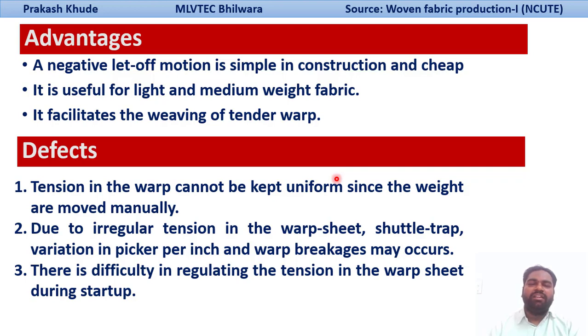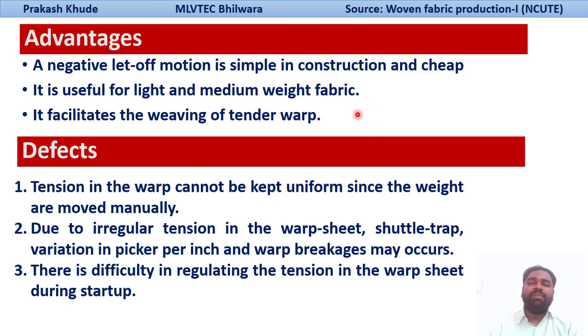So we have seen the basic working principle of the negative let up motion. As the diameter decreases, we need to release more, so we shift the dead weights on the lever towards the fulcrum point, because initially the dead weight position is far away from the fulcrum point, and during that period the tension is higher. As the diameter decreases, the releasing amount should be more, or you can say the n should increase. Due to that we need to shift the dead weights.